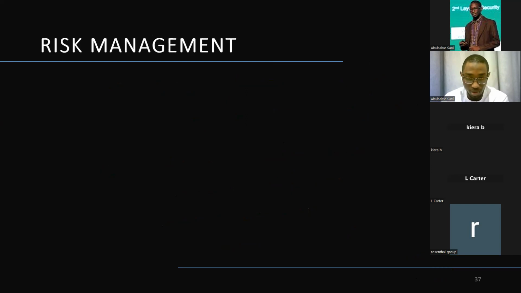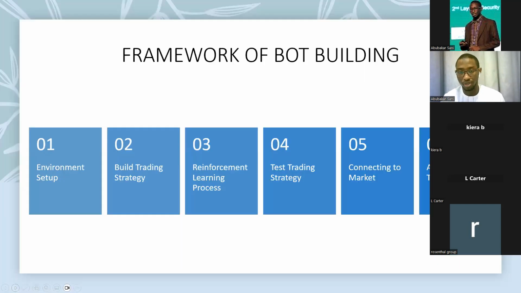And I will explain all this to ChatGPT and it will give me the corresponding code. And this is the framework we are going to follow. First of all, we will set up the environment. Once the environment is set up, we will discuss the strategy with ChatGPT, which it will give us. Then we will follow the reinforcement learning process. Once everything is set, we will train the agent. The agent will start learning using trial and error until it figures out how things work. Then we're going to test the strategy.